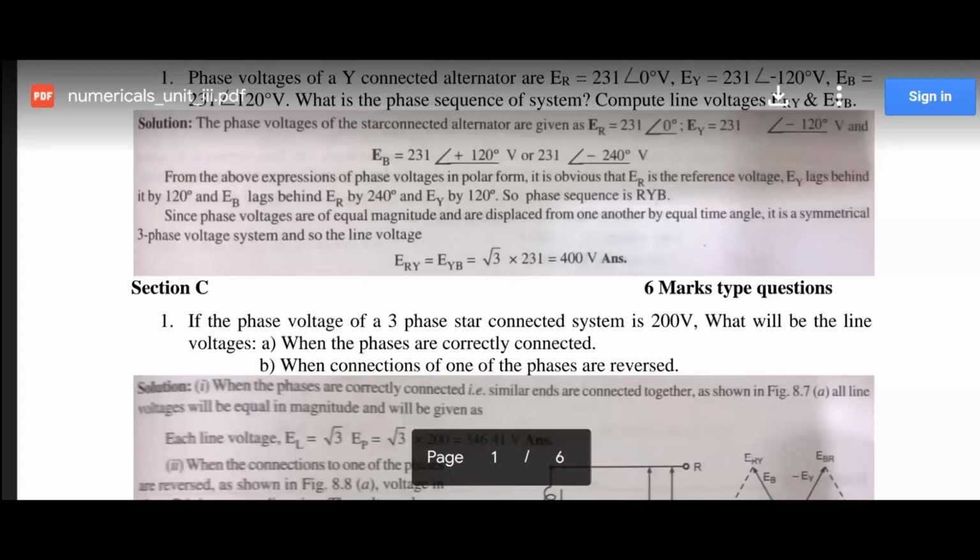So this thing should be kept in mind that loads are always connected to the phase. Okay, so if the supply system is not balanced, then what will happen is that one of the phases might get to 30 volts and another might get to 40 volts. So there will be an unbalanced situation. Okay, so to avoid this, the supply system is always balanced, but at the load end,